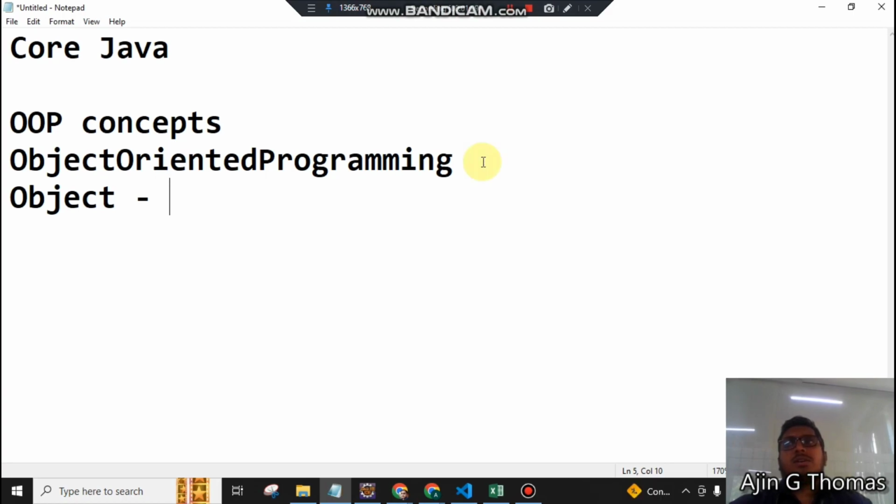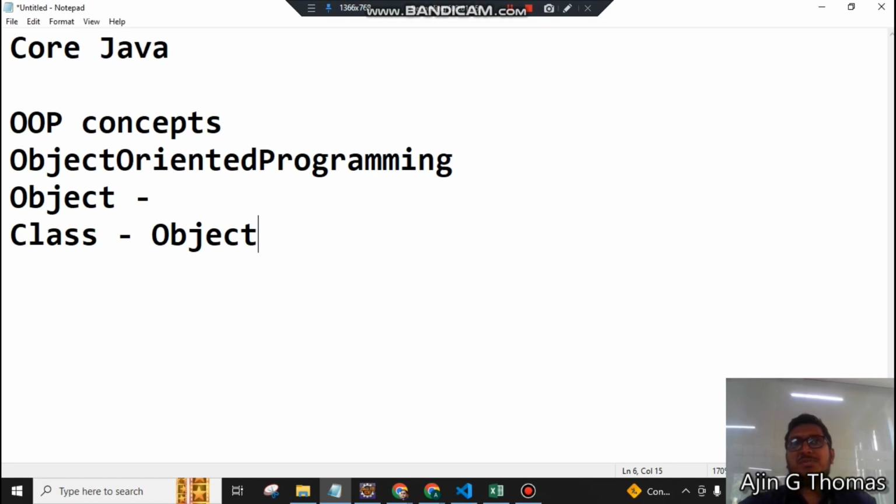Okay, I understood. So what is the difference between a class and an object? Two things are there, class and object. In an object oriented programming language, object is the main thing, and we have class and object. What is the relation between these items? Good. What is that? Class means, like,